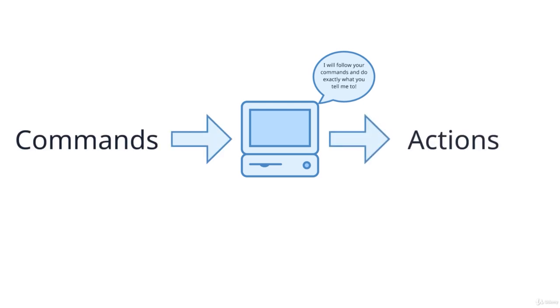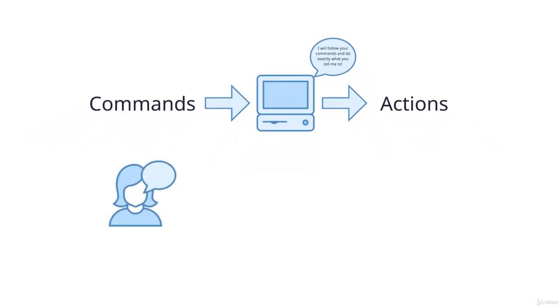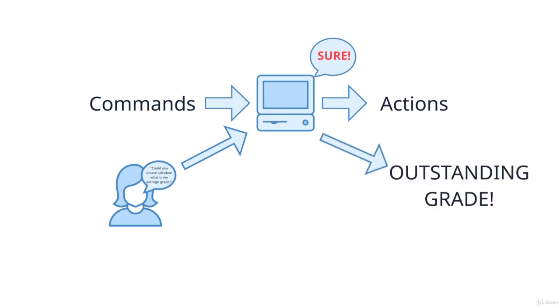Alright, so in this video we'll talk about how we should look at our computer. I want you to think of it as a unit that just executes the commands you ask it to do. You provide it with some commands and it does all the necessary actions. For example, you may ask your computer to calculate something for you, for example your average grade. You simply ask it, the computer says, okay, sure, I'll find out, and then it says you got an outstanding